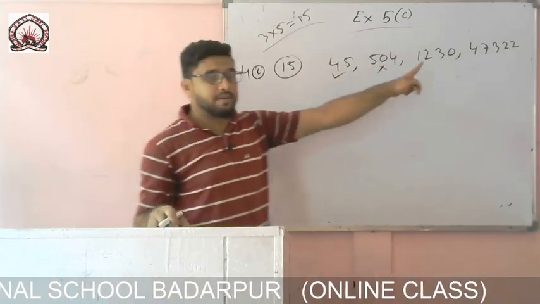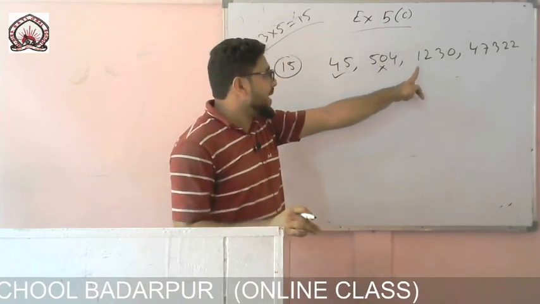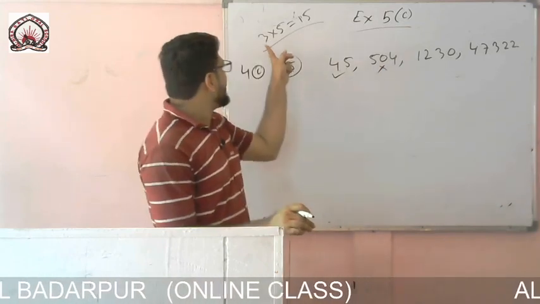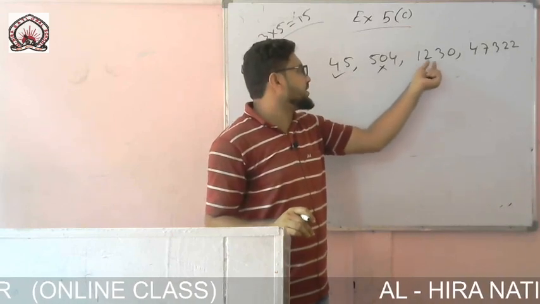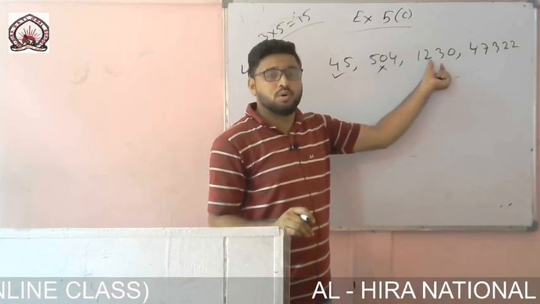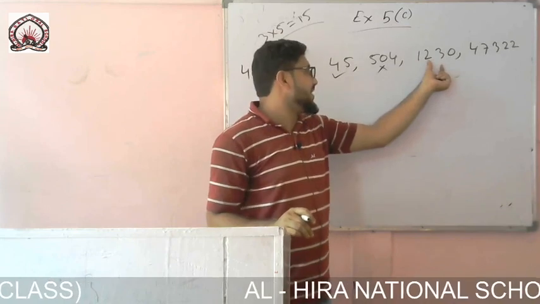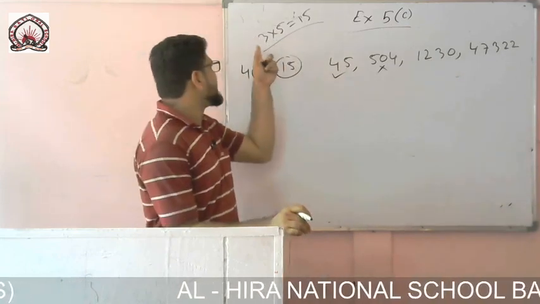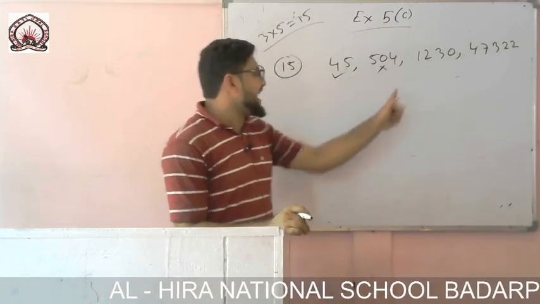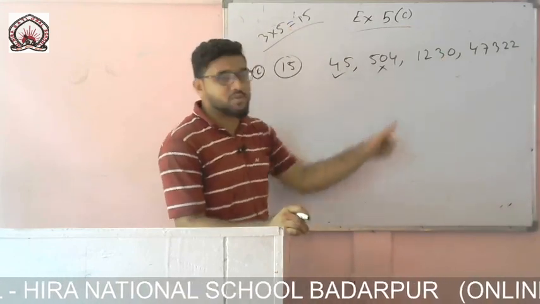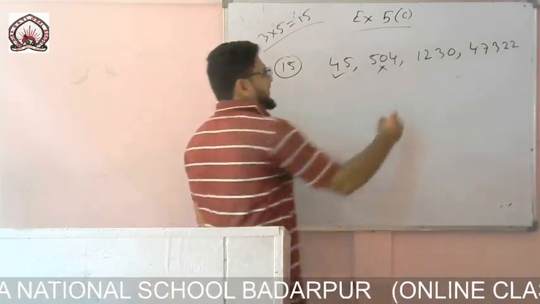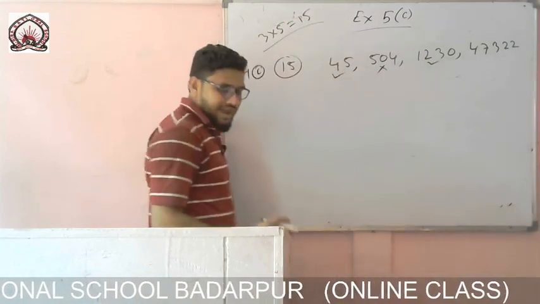Now come to that one. For this one you see 1, 2, 3, 0. For 3 we need to add the numbers. So 3 plus 1 is 4? No, 1 plus 2 is 3, 3 plus 2 is 5, 5 plus 1 is 6. 6 is divisible by 3. And in the unit place there is 0, so it is again divisible by 5. That means the whole number is divisible by 15. Okay. So write.